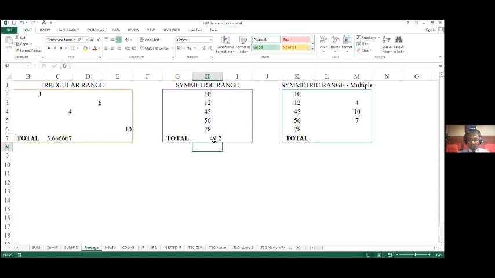Now, the reason why I would suggest you to use the average functionality is instead of finding out the total sum, then dividing it by the number of observations, instead of wasting time in that manner, this will be a lot easier for us to carry out. This will be a lot easier for us to work out. Okay, so this is the average for these.